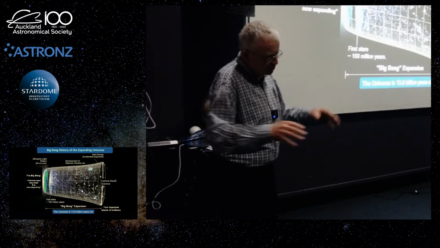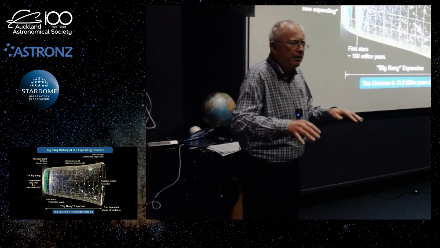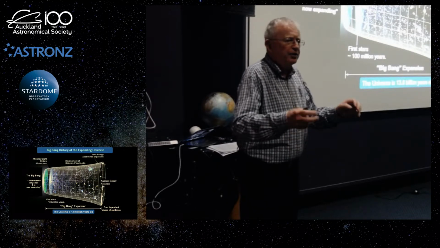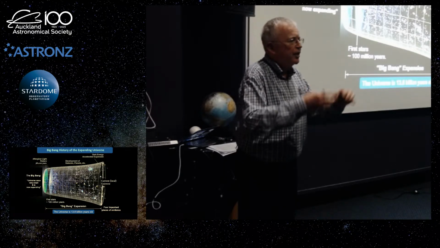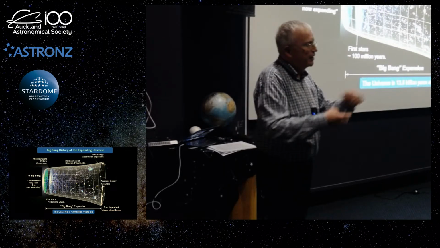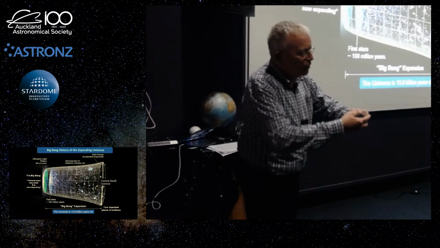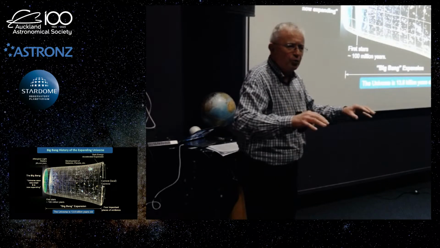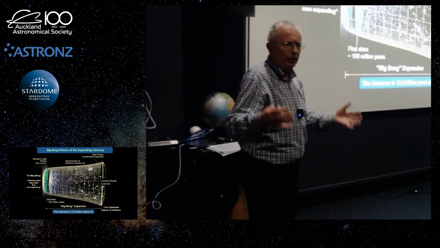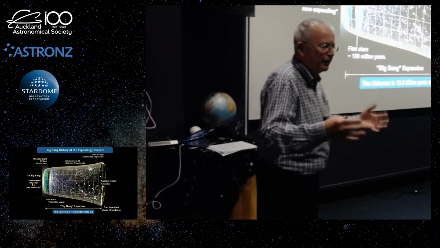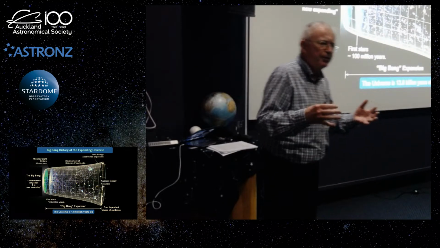And as the universe was expanding and cooling down, it got to roughly about 380,000 years old. It cooled down sufficiently for the protons and electrons to start being able to join up again. I use the word again, they use that term recombination, but it's only happened for the first time. So the protons and electrons can join up and suddenly you've got neutral particles. Suddenly the light particles were free to travel across the universe. This was the very, very first light of the universe when it first became transparent.